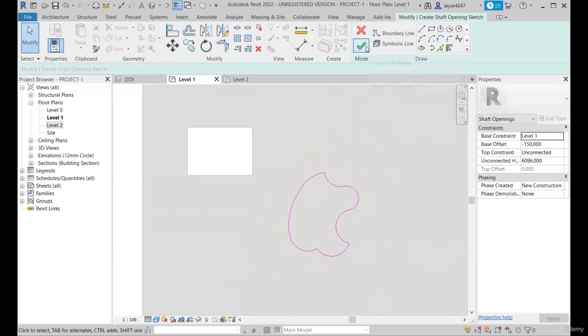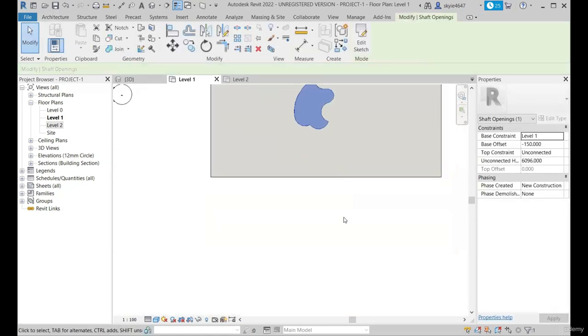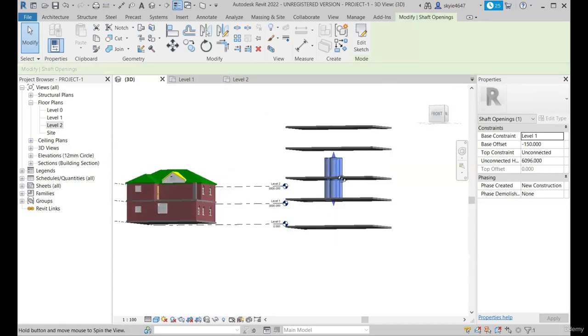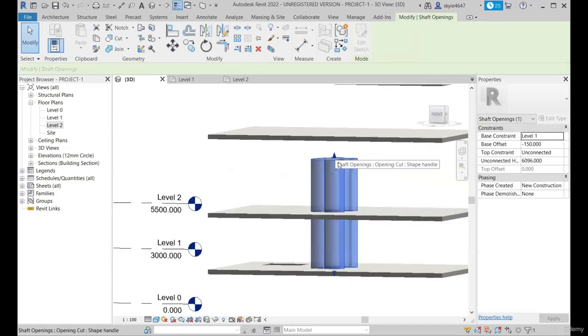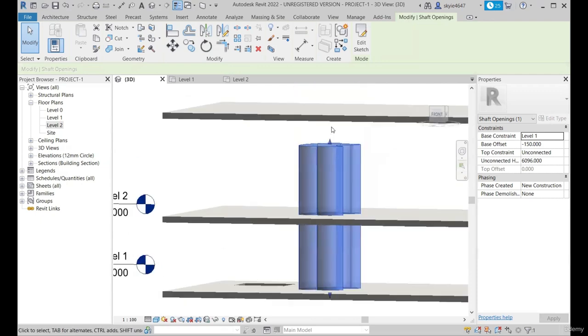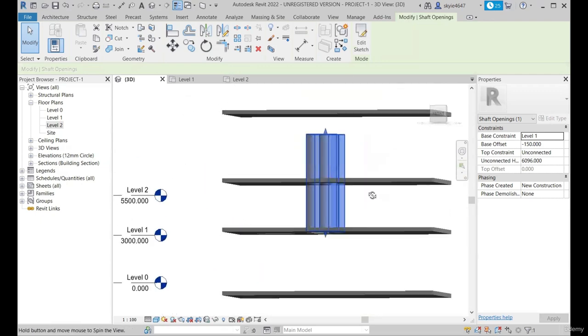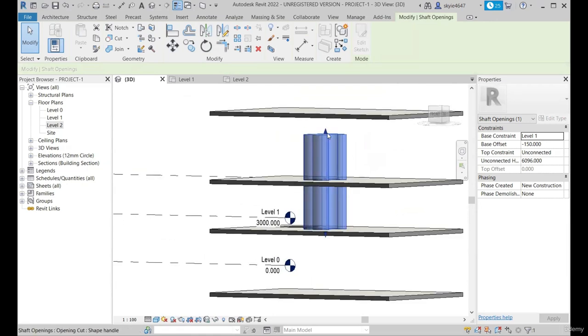Okay, and I will just go to finish mode. So here in the properties, you can see the base constraint is level 1 and you have a base offset of negative 150. So whenever I go to 3D, you can see you have two handlebars at the ends of the opening or the shaft we have modeled. So what does this mean? We can adjust the height